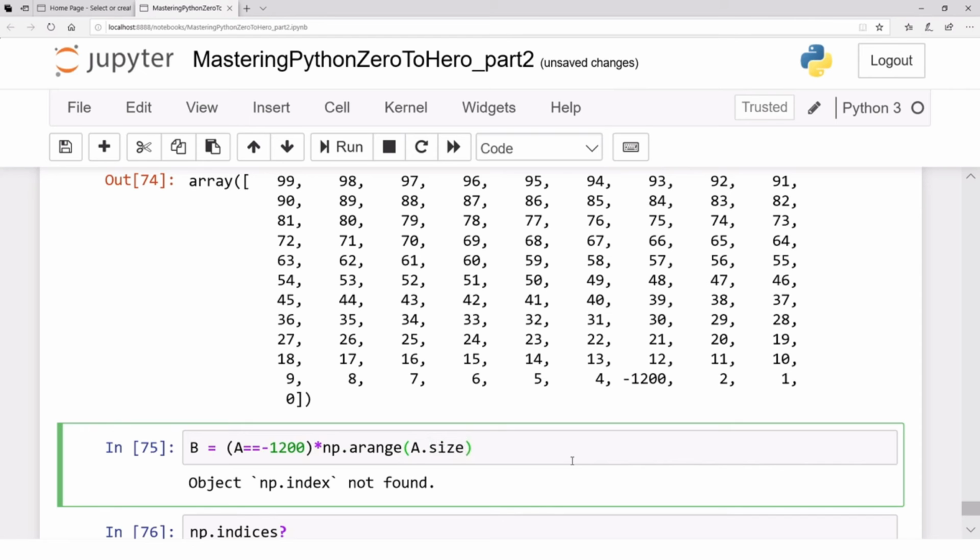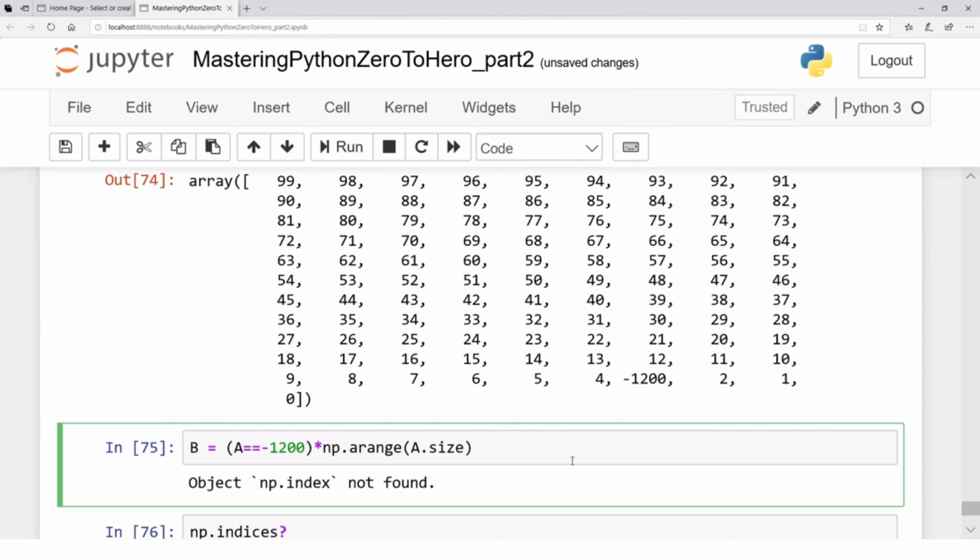So whatever the size of A is, because these are the indices. Okay, then what? That's the pointwise multiplication. Great. So when I multiply them together, what will I get after multiplication? How can I find out